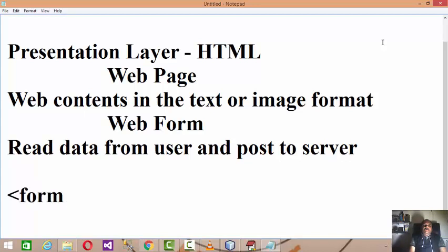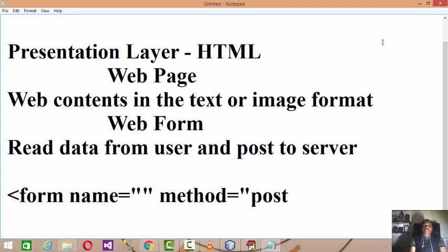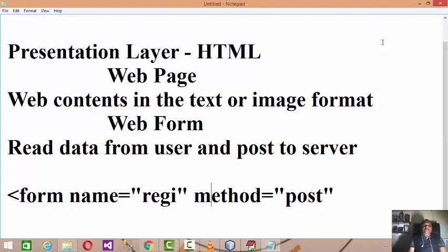Now this form tag has attributes like name, then method, and there are two types of methods, post or get. Name refers to the name of the web form. Maybe if you have a registration form, then the name will be regi, the method will be post, and the next attribute will be action.